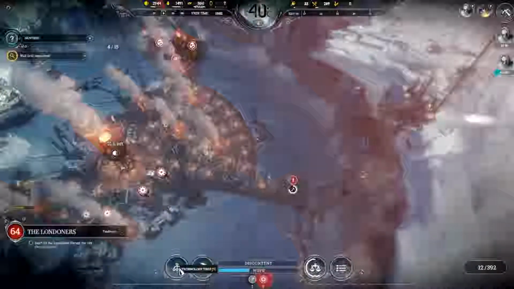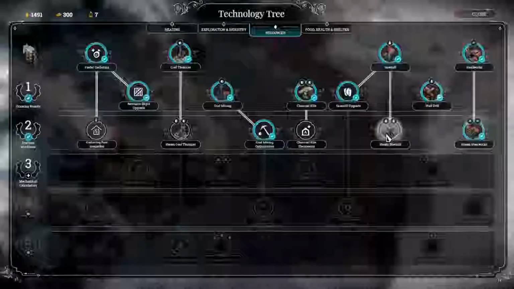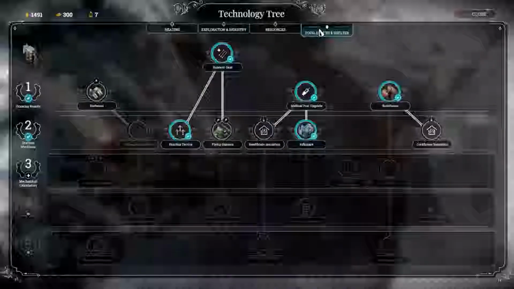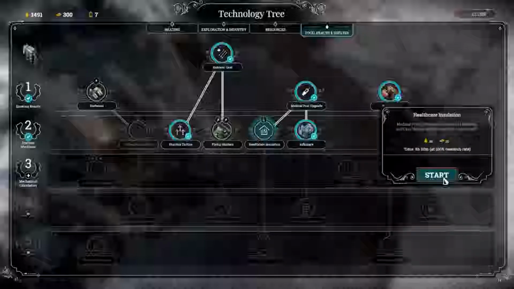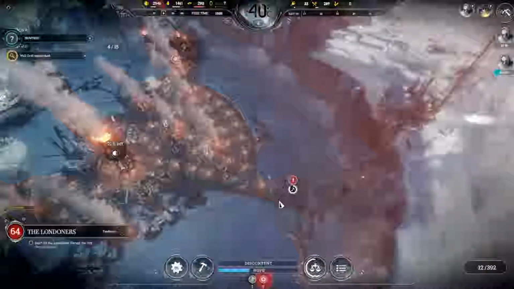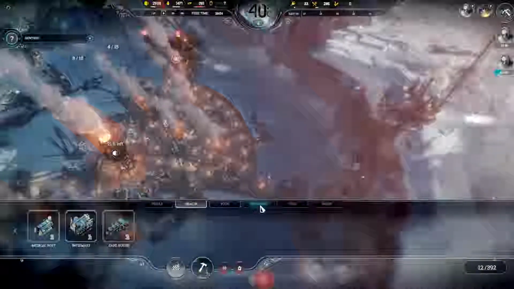What are we doing? Wall drill was done pretty quickly, wasn't it? Food, health, and shelter. Blue hothouse. Flying hunters. Healthcare insulation. That seems like a good thing to do. Okay. Now, let's build this new